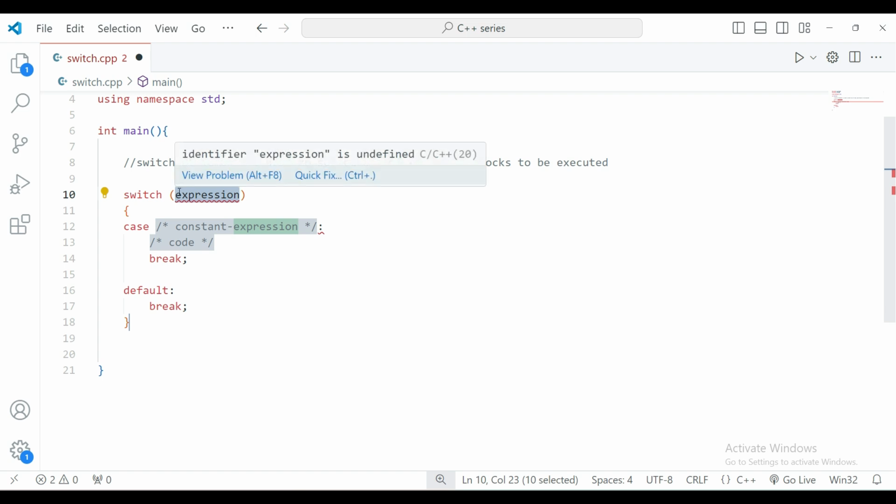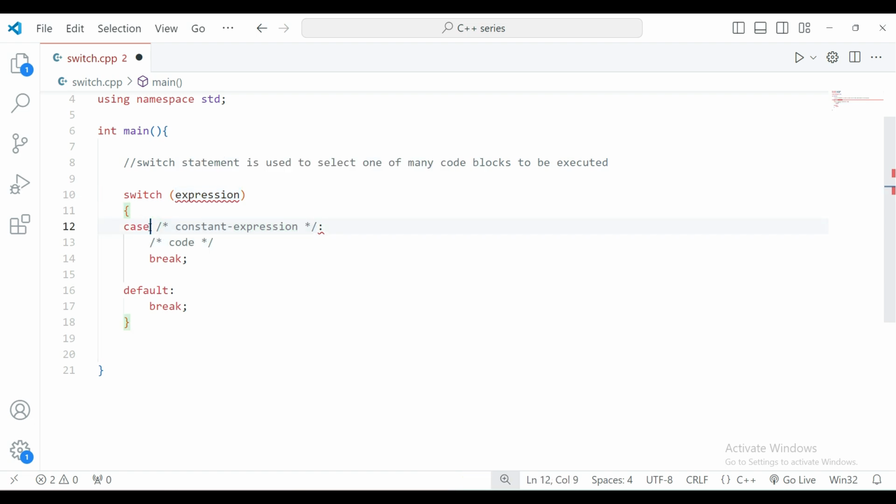So here the expression, here you will give the parameter or the parameters you want to check, and this is our case. In if else we have given condition, so here we will use case 1, case 2 as the condition,